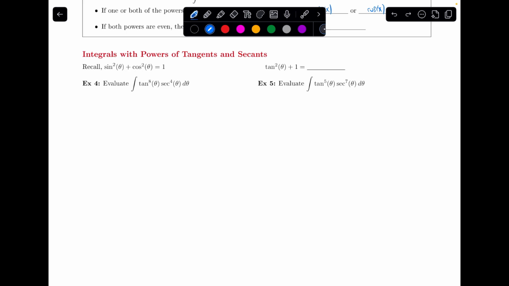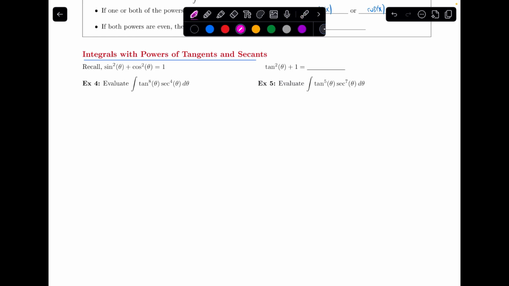In this video, we will talk about how to do integrals that involve powers of tangents and secants. So remember, we have this trig identity, which says sine squared theta plus cosine squared theta equals 1. There's a really similar trig identity that involves tangent squared that you've likely seen before, but let's recall how